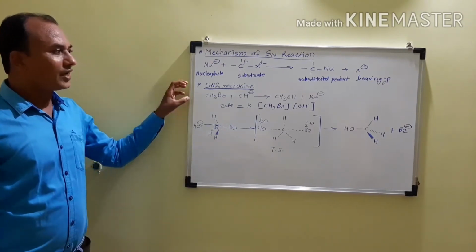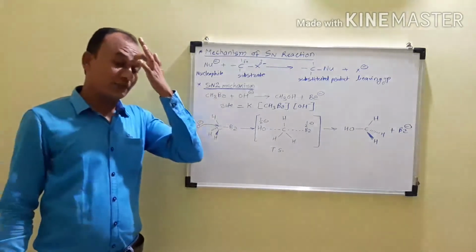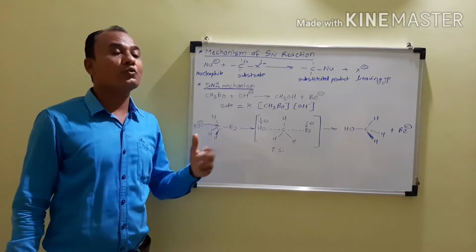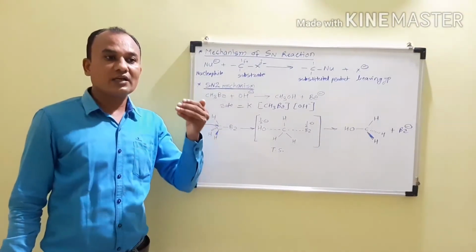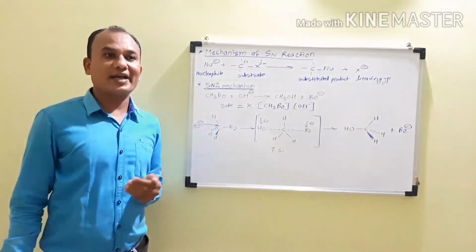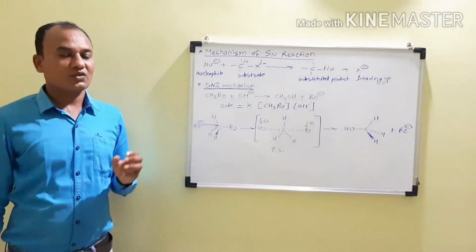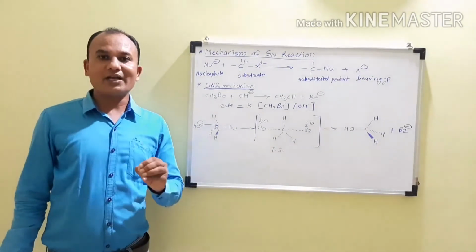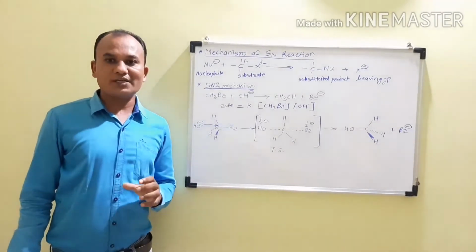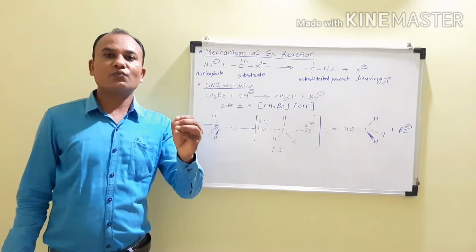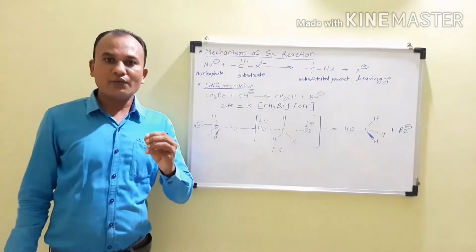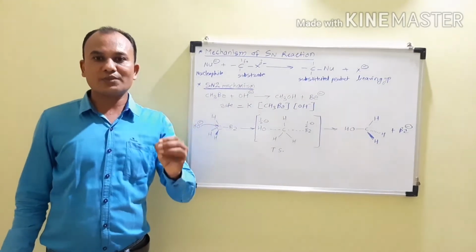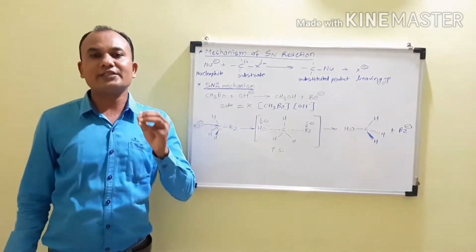Now, how can we explain the mechanism of this reaction, or according to which type of mechanism this reaction takes place, whether SN1 or SN2? To know that mechanism, first we have to use the chemical kinetics of that reaction. In chemical kinetics, we must know the rate of the reaction. According to chemical kinetics, we get the rate equation, and from the rate equation for a particular reaction we know the rate of the reaction, and from that we can give the mechanism of that reaction.